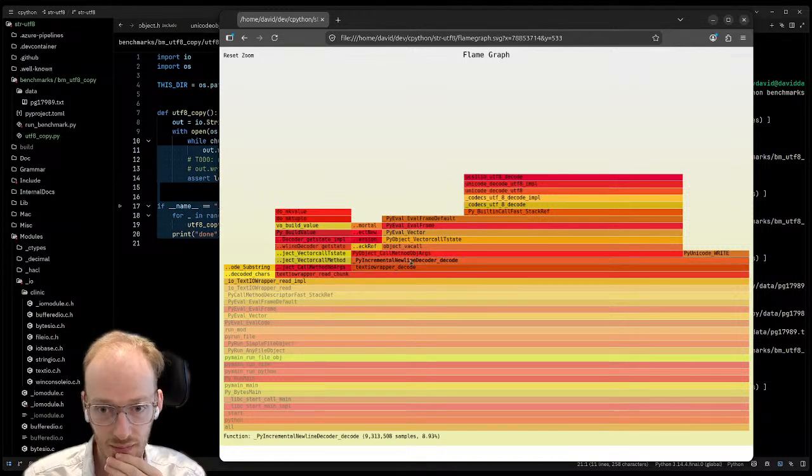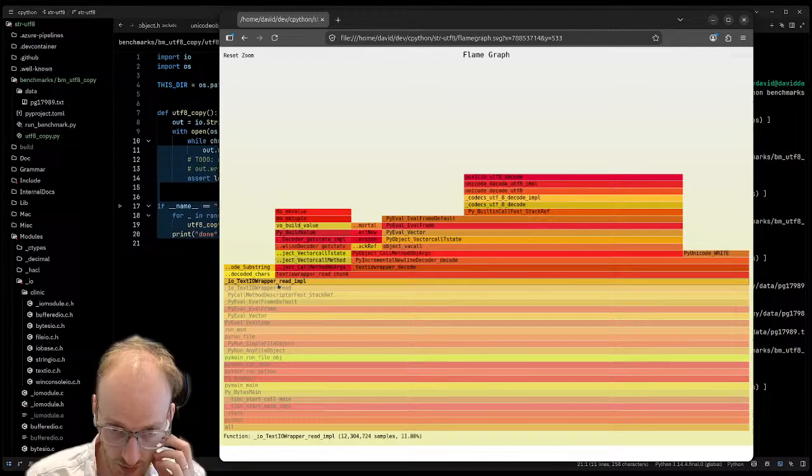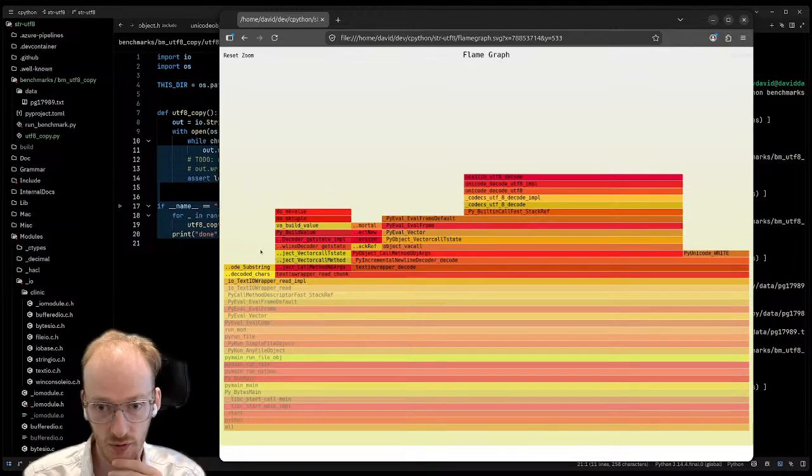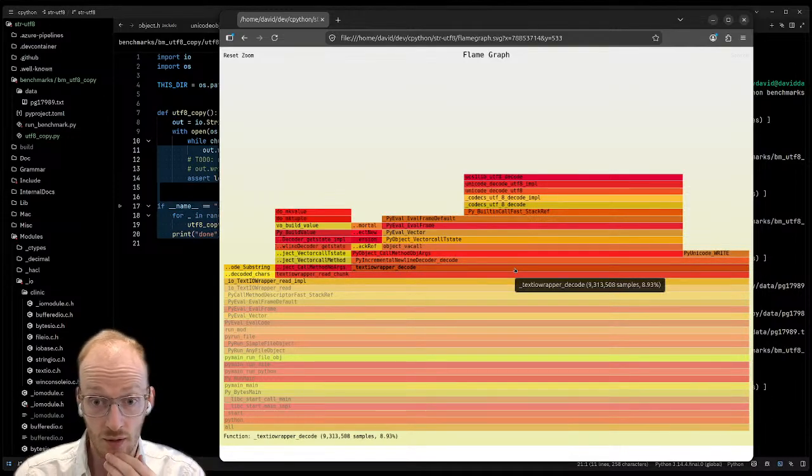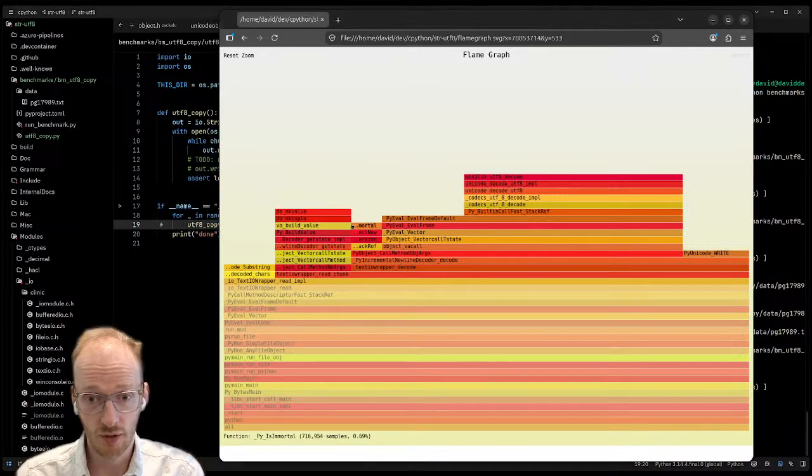Why? Well, it needs to do that. It needs to decode from UTF-8 to Python's internal representation. I haven't really changed that. Oh, this is different though, because it's not got the other side of the PyUnicode from UCS1 piece. Just got the chunk reading. So we're still going through the same pathway. Okay, so why does TextIOWrapper decode need to get a newline?